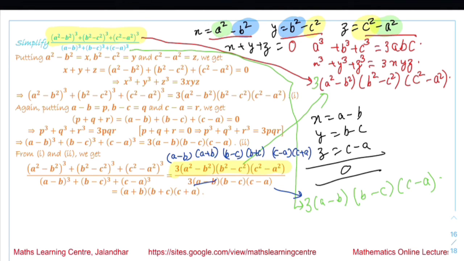Now a minus b, b minus c and c minus a get cancelled over here. So the 3 gets cancelled over here. So the answer we are left with is a plus b into b plus c into c plus